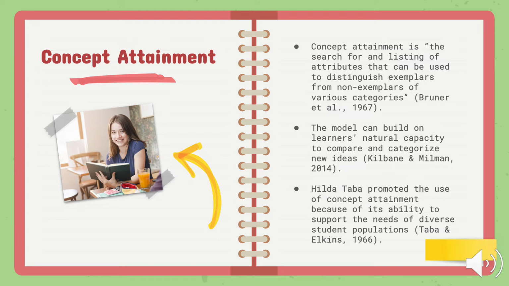So concept attainment is the search for and listing of attributes that can be used to distinguish exemplars from non-exemplars of various categories. Students are going to understand what a particular concept is by seeing what it is and what it is not. The concept attainment model can help build on learners' natural capacity to compare and categorize new ideas,